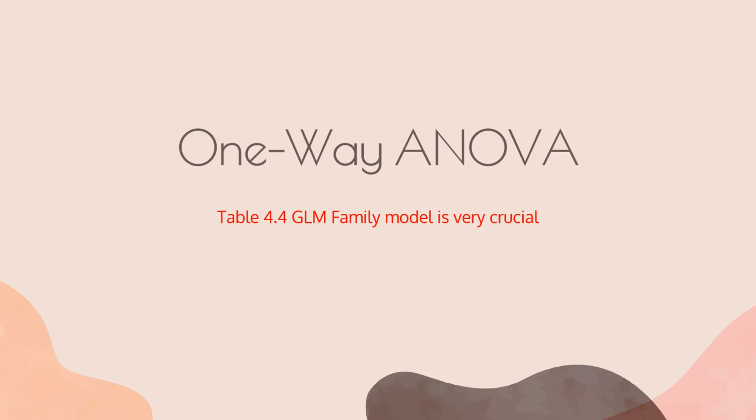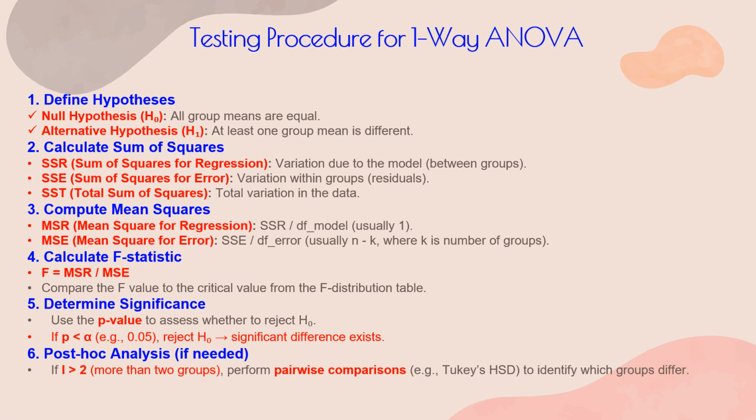Let's look at the one-way ANOVA. Remember, I mentioned at least 3 times that Table 4.4, the GLM family model, is very crucial. Crucial is more important than important. And this is the testing procedure for a one-way ANOVA. Normally, they have 6 steps. In the first step, they have the null hypothesis,